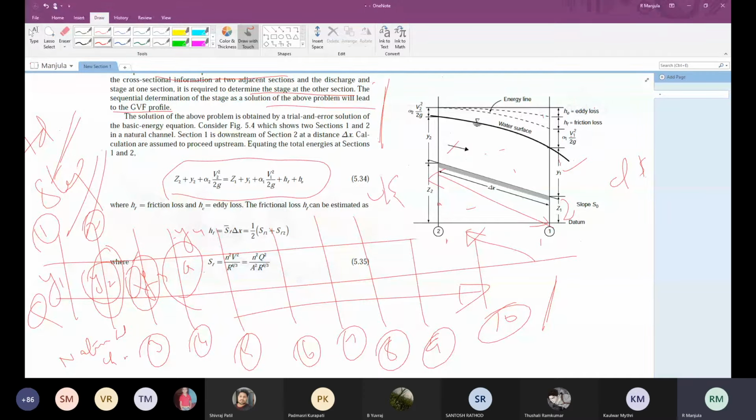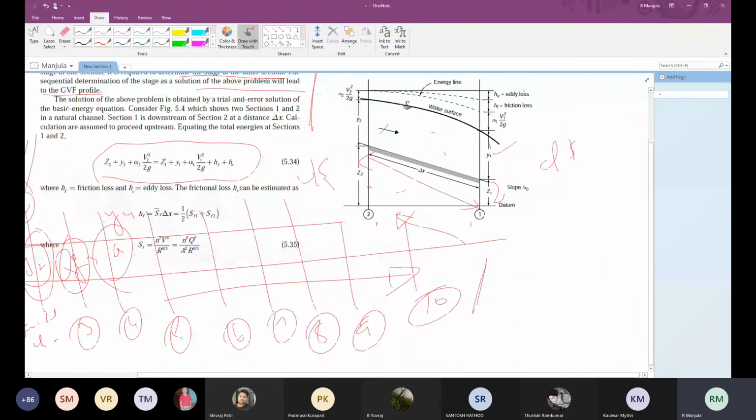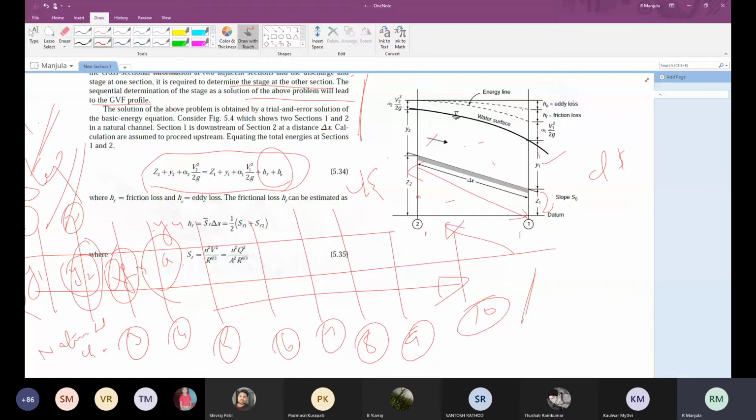Equating the energy equation, which you know, Z2 plus Y2 plus alpha 2 V2 square by 2g is equal to Z1 plus Y1 plus alpha 1 V1 square by 2g plus losses. What are the losses? Friction loss and eddy loss. What is the friction loss here? The friction loss is SF bar, the friction slope, multiplied by delta x, because the slope is per meter. If you multiply with delta x, then you get your friction loss. So 1 by 2 into SF1 plus SF2 multiplied by delta x gives your